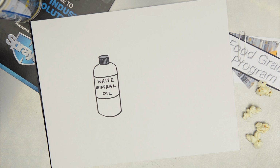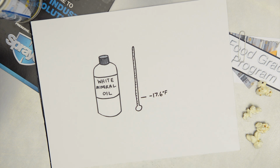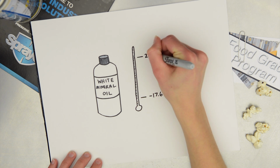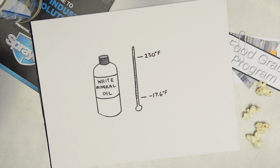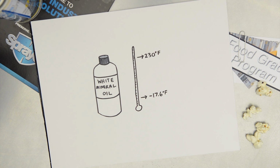Let's start with operational temperature range. Mineral oils, in general, can be used over a temperature range of -31 degrees Fahrenheit to 347 degrees Fahrenheit intermittently, and -17.6 degrees Fahrenheit to 230 degrees Fahrenheit continuously. So if you need a lubricant to work in conditions outside of that range, a mineral oil-based lubricant would not